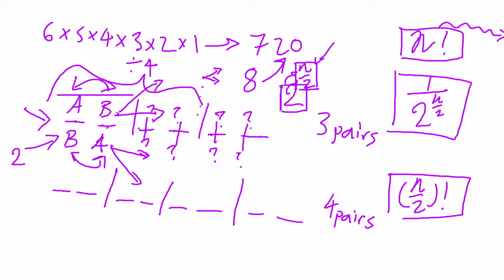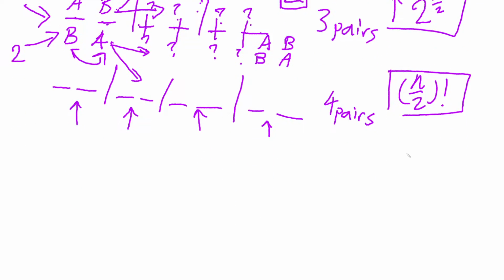And for each reordering, there are only 2 possibilities, A before B or B before A. So overall, we multiply by this factor, 1 over 2 to the n over 2, for an even number, or in this case, divide by 8 to correct for that effect. Similarly, in a situation with 4 pairs, there are 16 possibilities if each pair stays where it is in terms of the order of the actual pairs, not just the members within the pairs. So for 8 people, we'd be dividing by 16. And that's why it generalizes to this 1 over 2 to the n over 2, because it's dependent on the number of people you're dealing with.